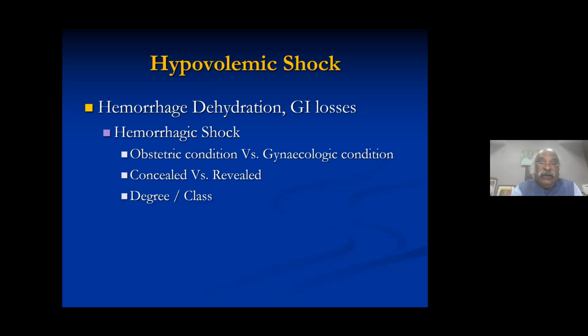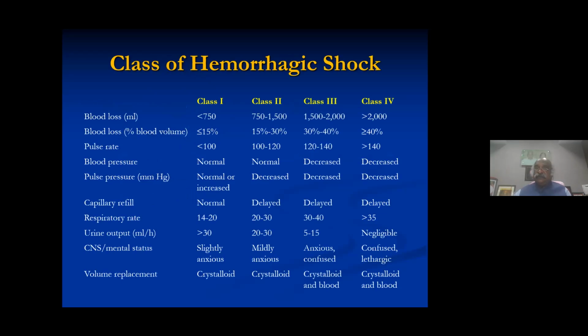And of course, lastly, the hypovolemic shock, as far as the management is concerned, as far as the diagnosis is concerned, as far as the prognosis is concerned, the degree and class is important. You have to classify that into the various degrees. And fortunately, the Society of Critical Care Medicine has of late, in 2016, modified these into different classes of hemorrhagic shock, which has simplified things for clinicians in not only diagnosing, but assessing and finally formulating the line of management.